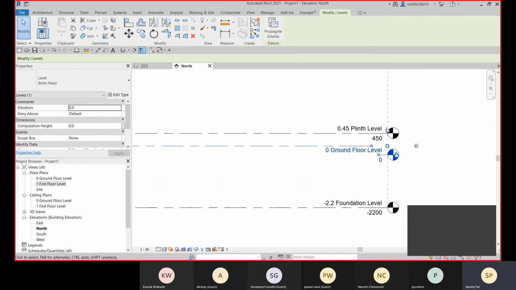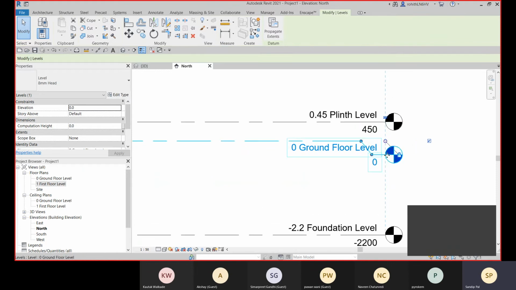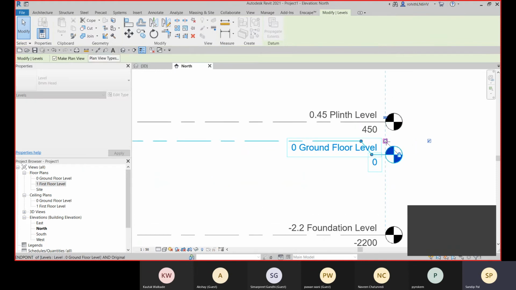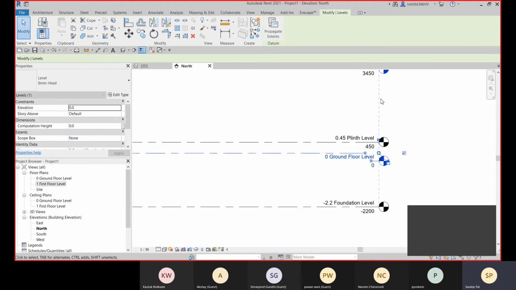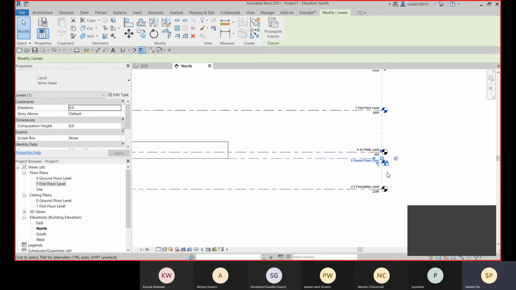These are locked right now. So if you change the position with this circle, all the positions of this level head will be changed, so it will maintain the alignment.